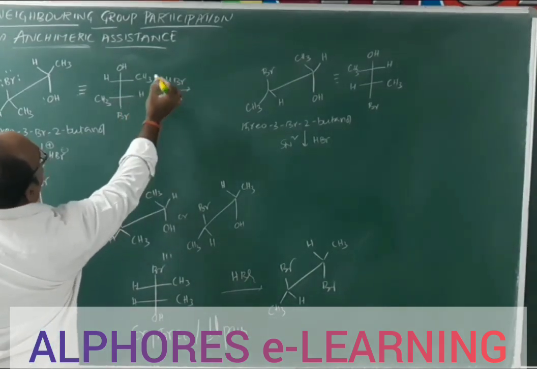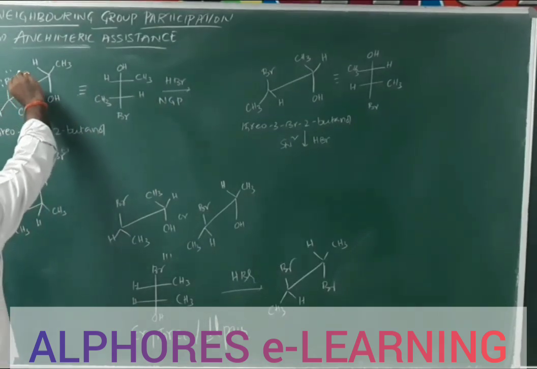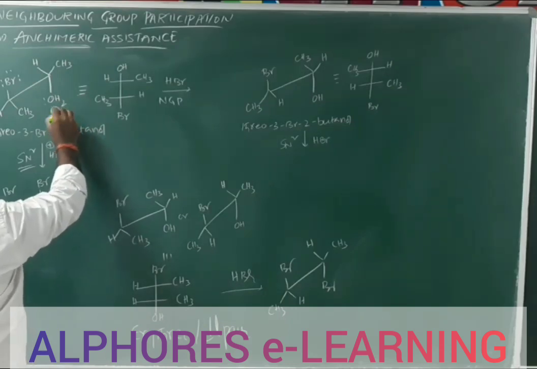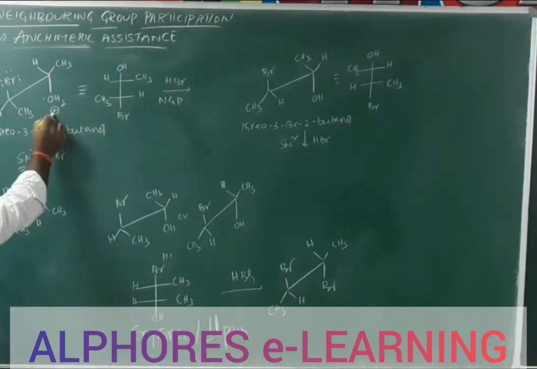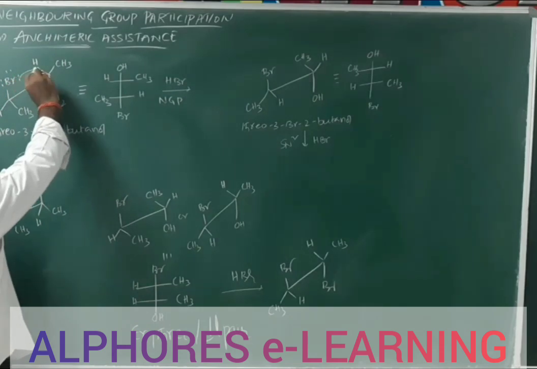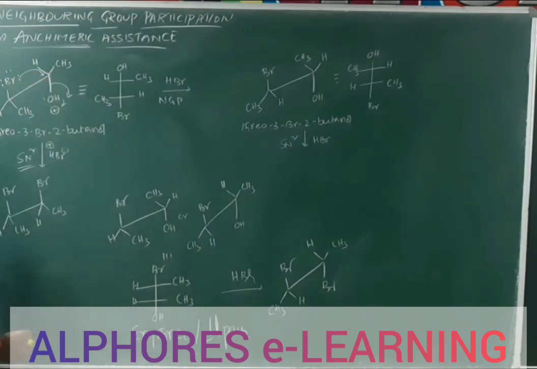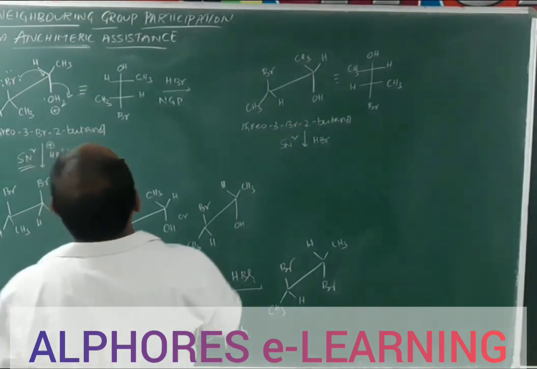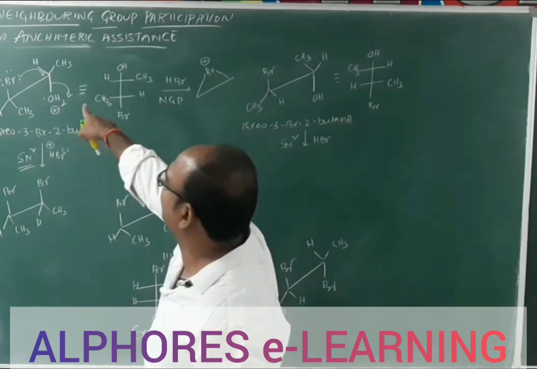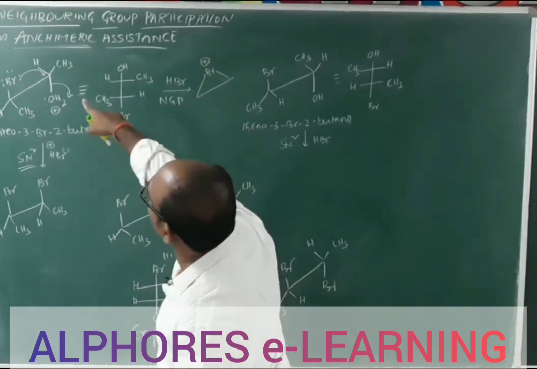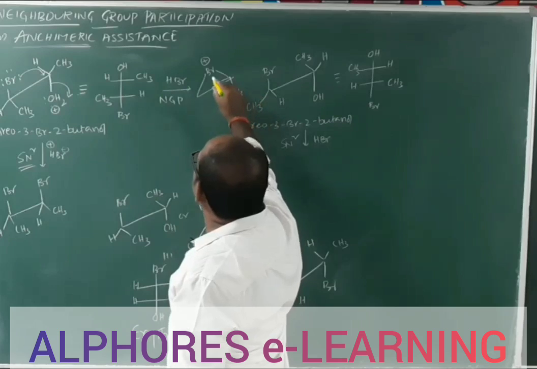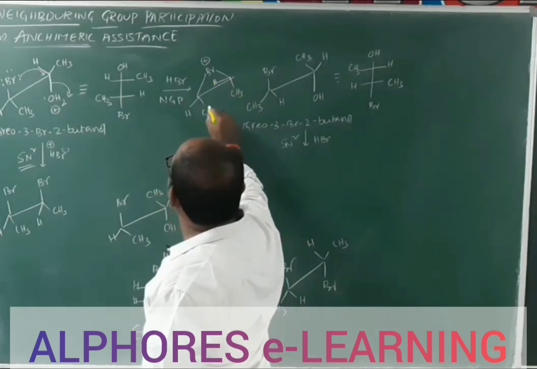Now let us check here, with NGP. Because HBr is added, it turns to OH2 plus, no doubt about that. After OH2 plus, what we expect is that Br minus has to come from the rear side, right? But here it does not happen like that. This Br is going to give electrons and this OH comes out as OH2 plus. The resultant product is Br here, plus. Br is going to bear a positive charge because it donated electrons to the electrophilic carbon, meaning the leaving-group-containing carbon. Here we get CH3, H like this and H, CH3.